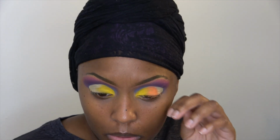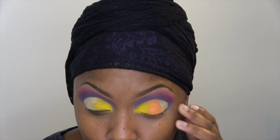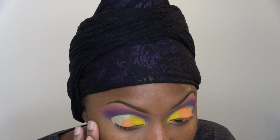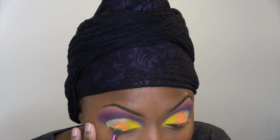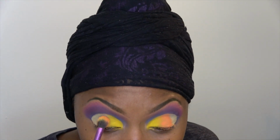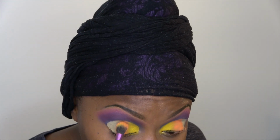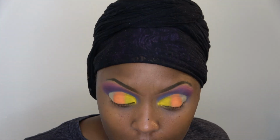Like, we're gonna go on with this orange. Okay, there we go. Maybe I probably should have used a different application brush too, just because I'm not really feeling this brush. I feel like the brush picks up more powder. It works, but it's not building. I gotta keep picking up and, see. Okay,